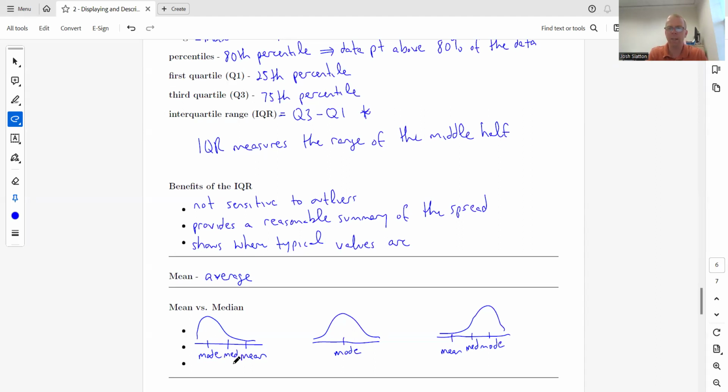And it's also easy to remember that because the median is a center data point, and between these three, it's always going to be in the center. So easy way to remember that. And then if we have a symmetric distribution, they're all basically going to be the same. So they'll all just be right there in the middle,